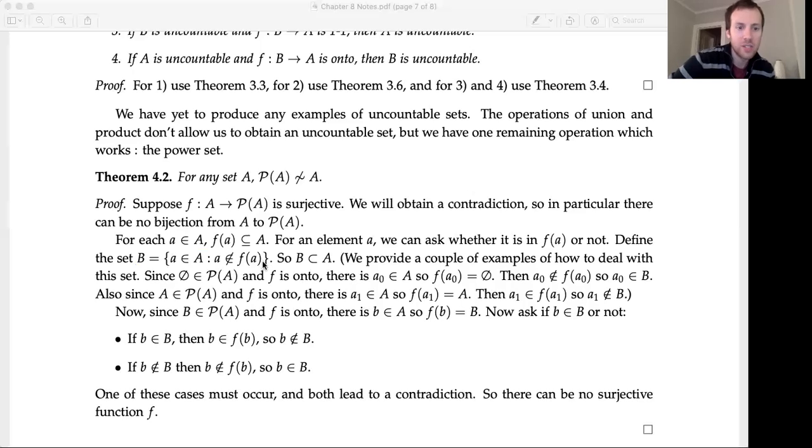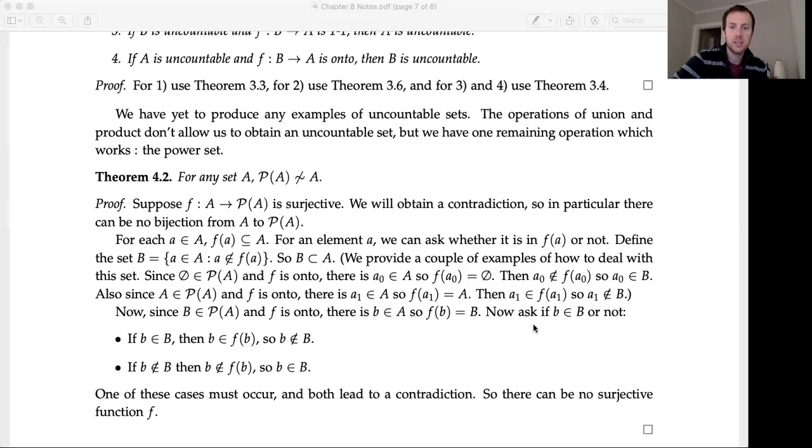So we can write down this set B, and then B is a subset of A, and the function is onto, so there is something that gets sent to capital B by F. But then we get a contradiction. Because if we find this little b in our set A that gets sent to this subset,